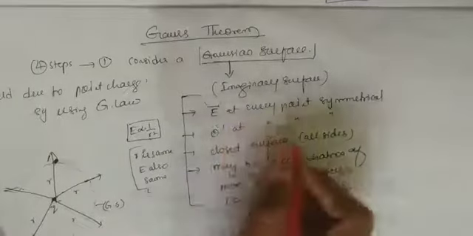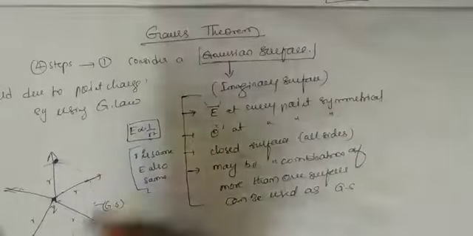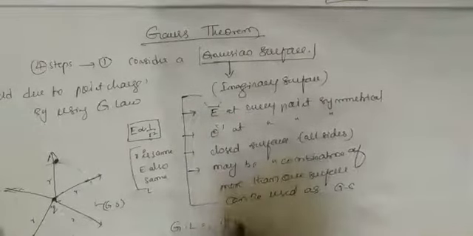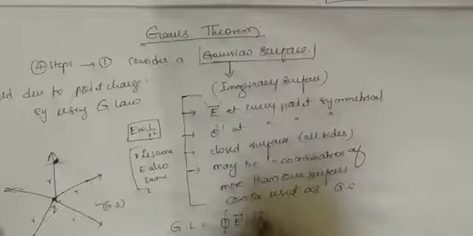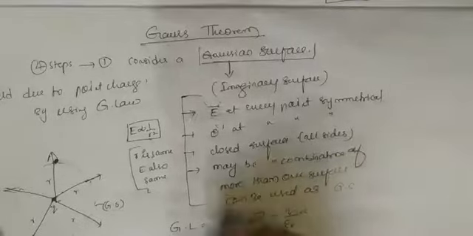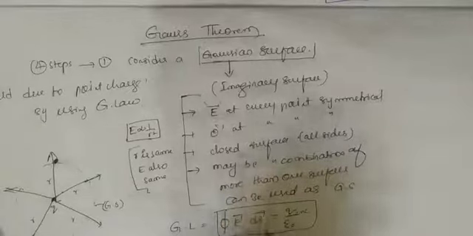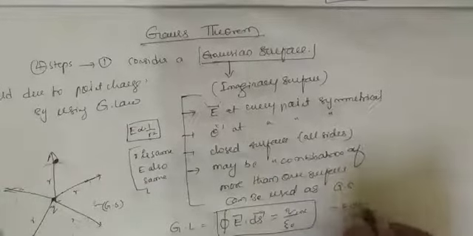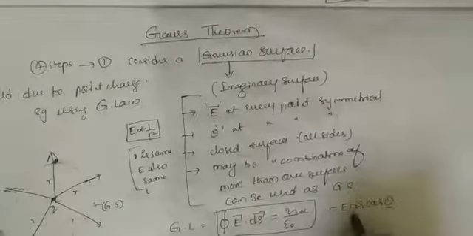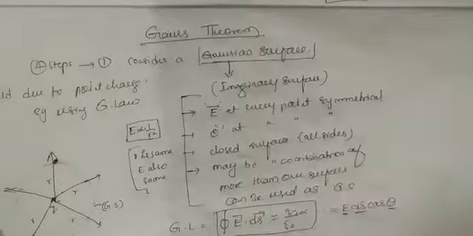The next condition is that theta is the same. According to Gauss law we have the closed integral of E bar dot ds bar equals Q by epsilon naught. Here E dot ds means E ds cos theta, where theta is the angle between the area vector and the electric field vector.